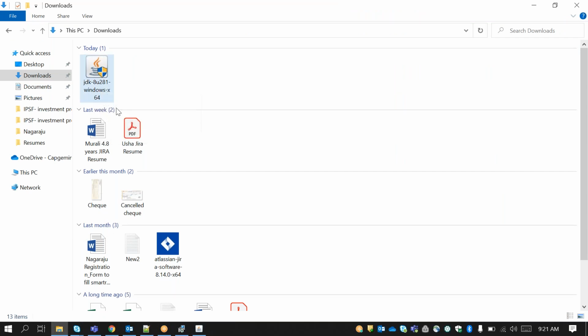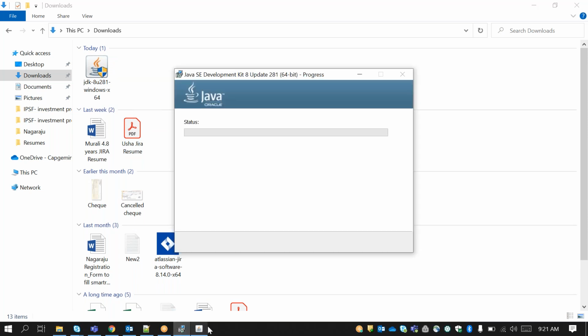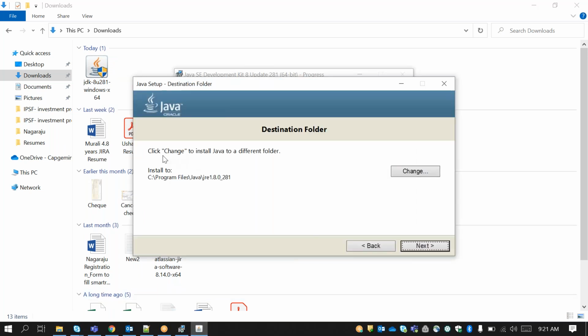Once the JDK installation is completed, this page will automatically appear: click change to install Java to a different folder, install to this Program Files Java JRE. If you want to install JRE as well, this option will automatically come at the end of the JDK installation.